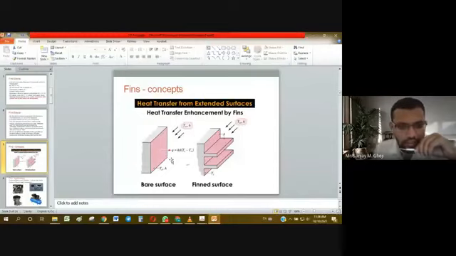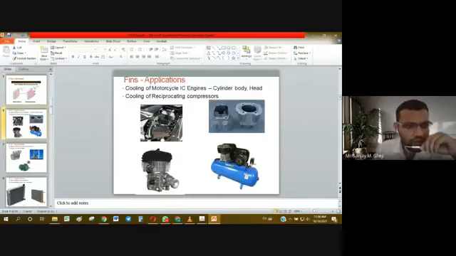So without changing the major dimensions or the basic form, shape and size of a given component, we can simply add some extended components or extended parts. Okay, as shown in the figure. So these extended surfaces, depending upon geometries, will have different shapes and sizes. As you can see in the diagram, it is a simple plate-like extension. So these are plate fins. These are typically plate fins.